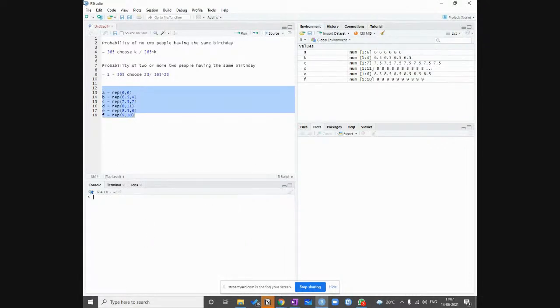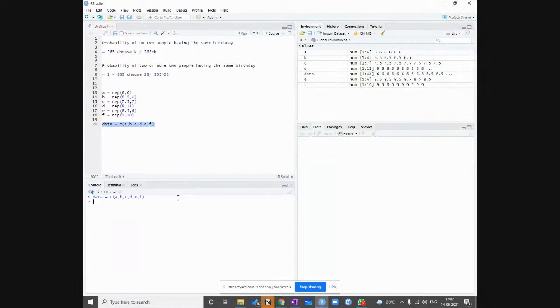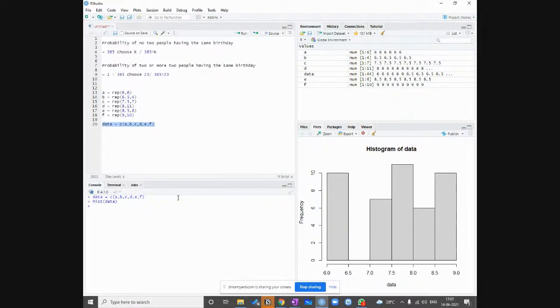Okay, it's done. And now we will join it. Data is equal to, okay, let's plot the histogram. I don't know how it will look. This is a histogram, okay? Okay, I did some mistake. Now 6, 6.5, this. Now, the main problem is if you look into the histogram, you will see